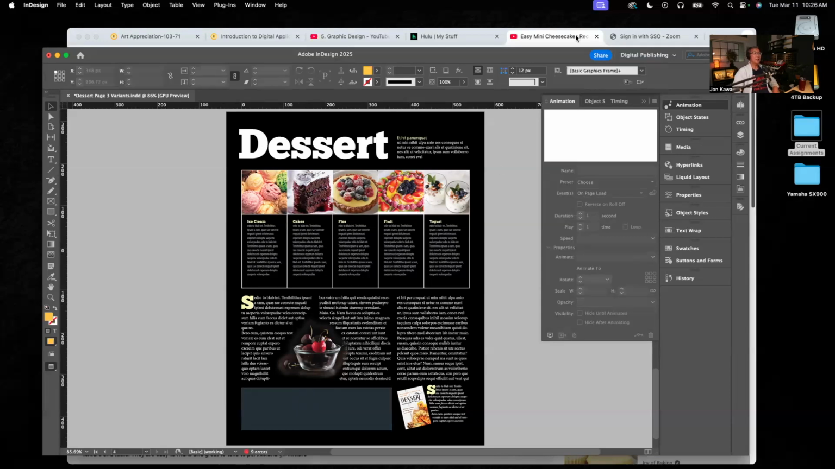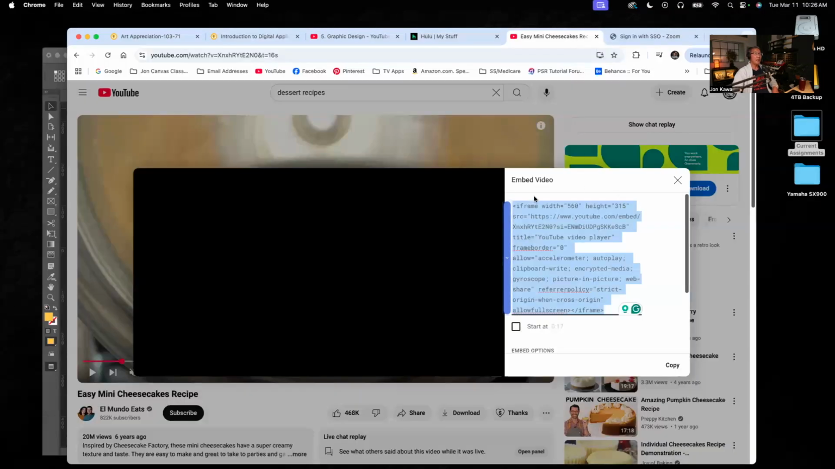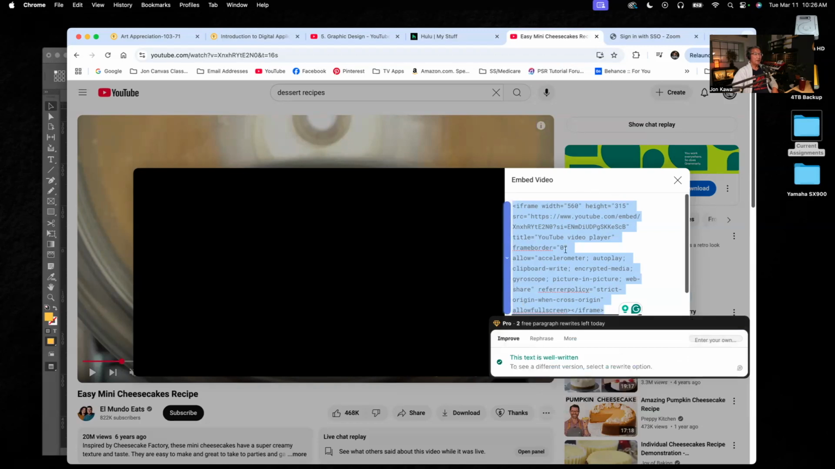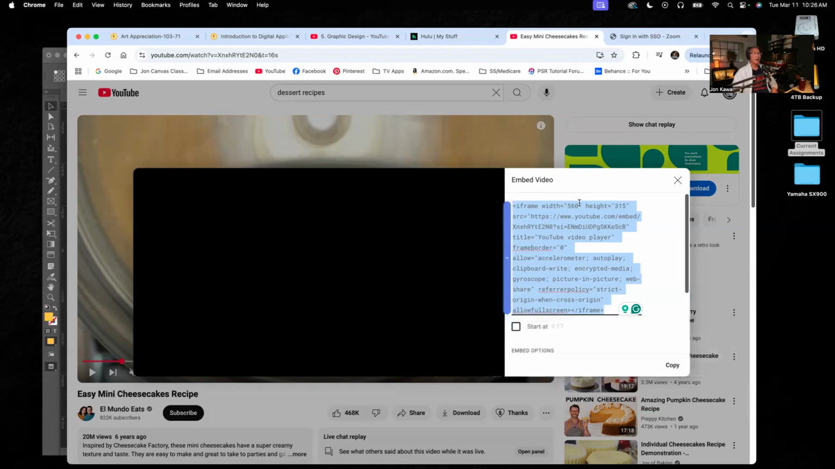Let's go back to YouTube. And in our embed video, I'm going to have to change this width and height. So I'll click in here, and click several times so that every time you click, it highlights the whole thing. Just keep clicking until you can get right there. And I'm going to take out those three numbers and type in